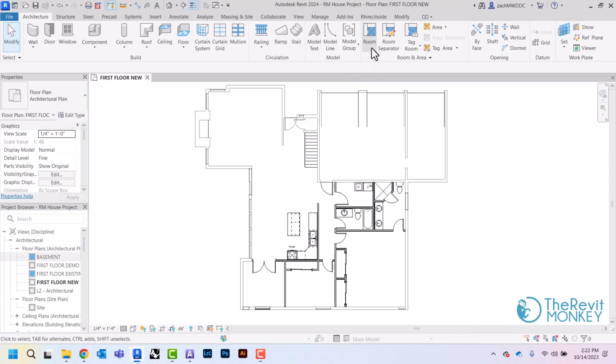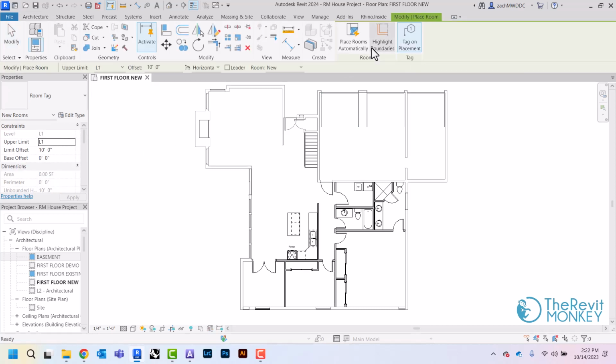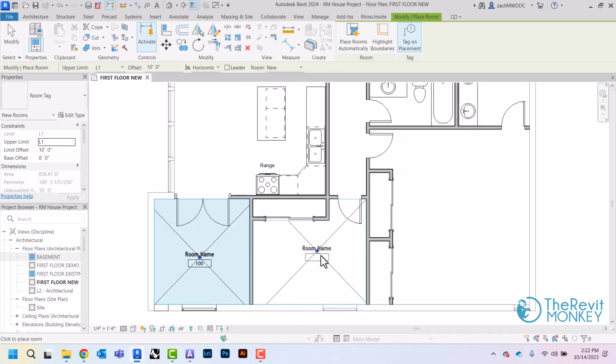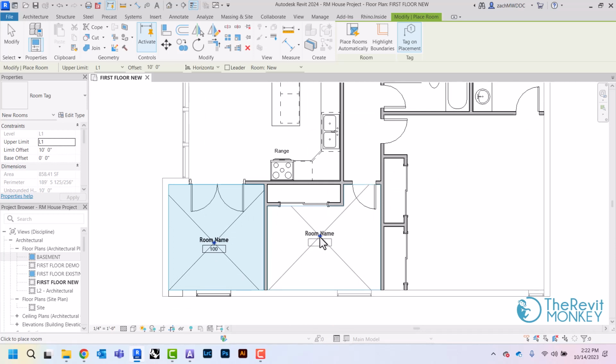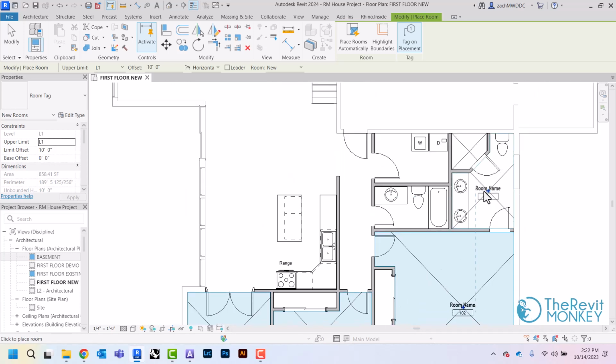So I'm going to come up here in the Architecture tab and hit Room, and then you'll notice as I hover over that, this kind of X appears in my rooms, and that's showing me where I'm placing my rooms. So I'm going to start right here, and once I've clicked and placed the room, you'll see that it's turned blue, and that's to tell me that I've already placed a room in there and that I don't need to place a room in there again. So I'm just going to click and place all of my rooms,